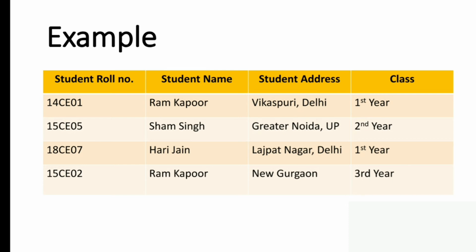Then student address may or may not change, so it also cannot be considered as a primary key. What about student name? Student name may change, or there can be more than one student with the same name. So you can't consider student name itself as a primary key. So now it's clear we need to use student roll number as a primary key, as we do not want the primary key to change regularly, and the student roll number doesn't change very frequently. So it can be used as a primary key. Fine.